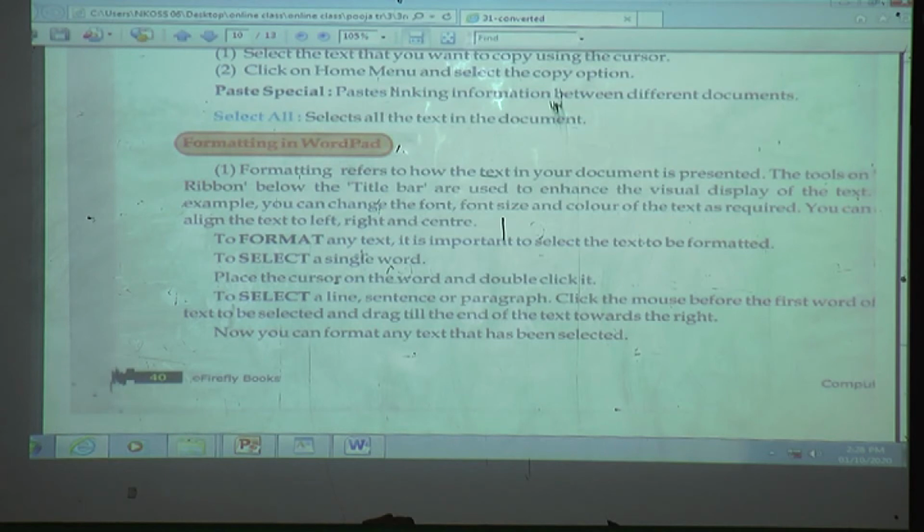To format any text, what is the important step? Good. We must select the text or sentence where we want to apply this effect.